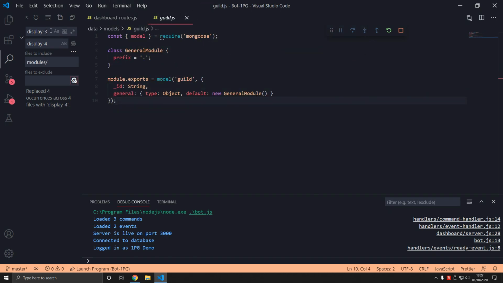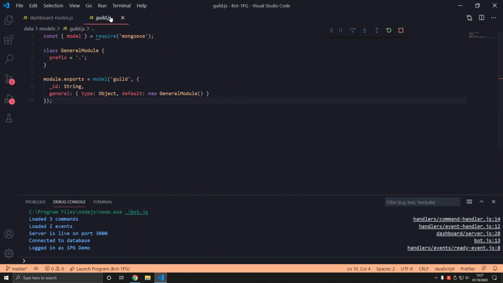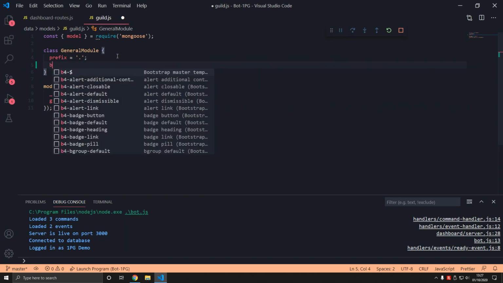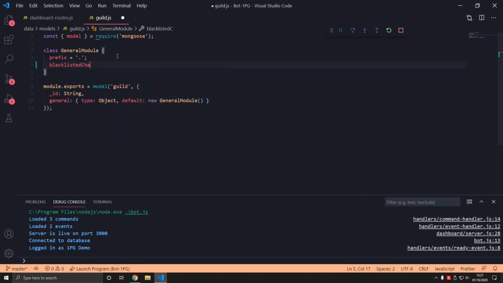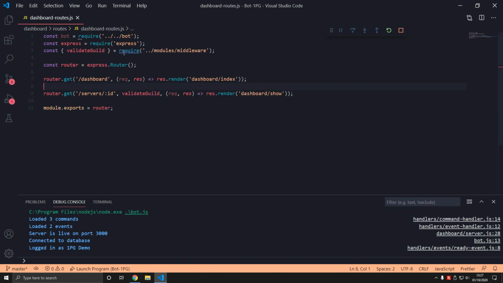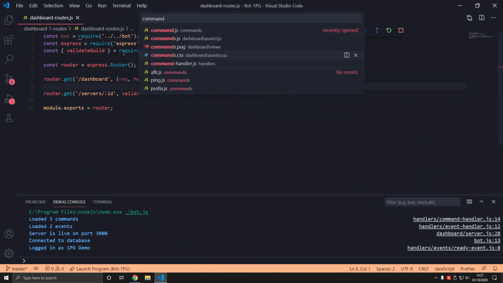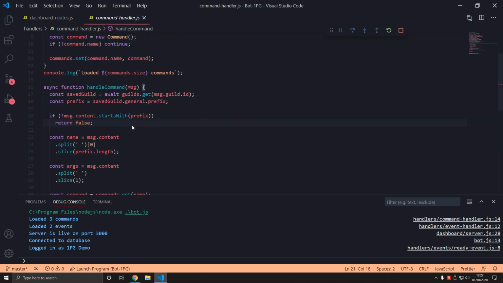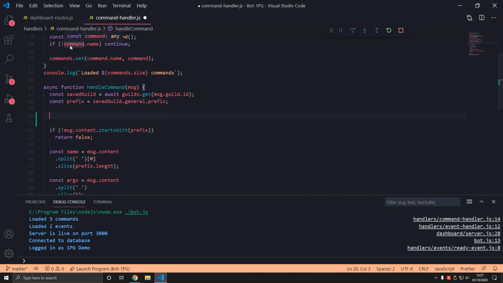So first of all, we're going to go to guild for anything. We're going to add a special thing. So guild.js models, we're going to add blacklisted channel IDs as an array. So in command handler, what this will do is specify channels which commands cannot be executed in. So let's do that. Save guild